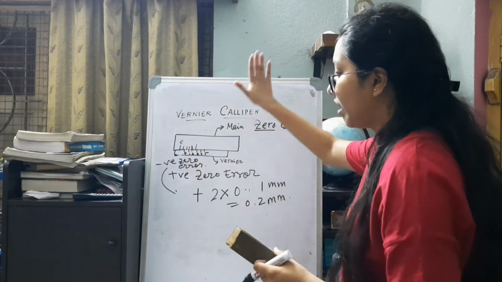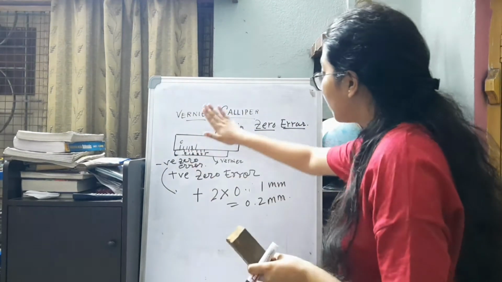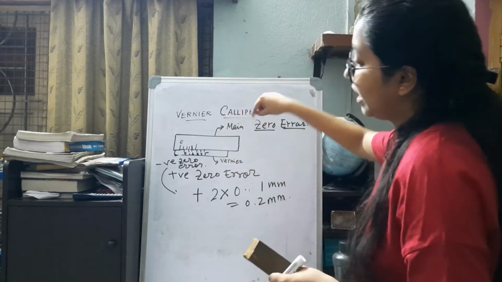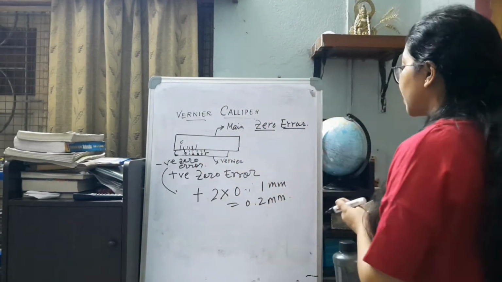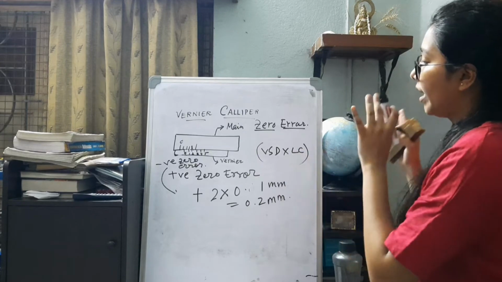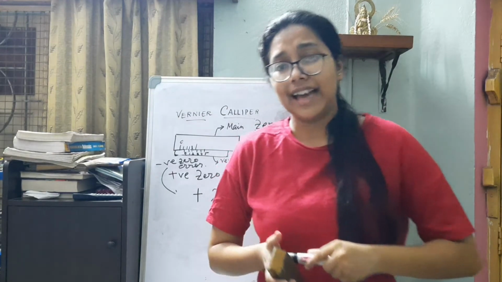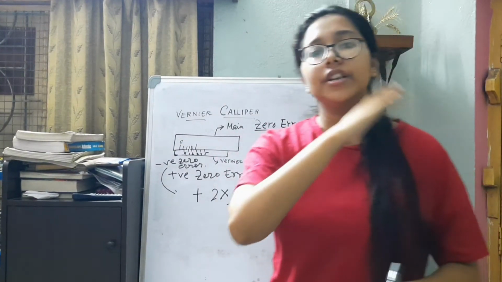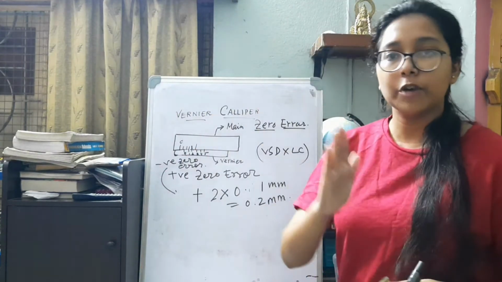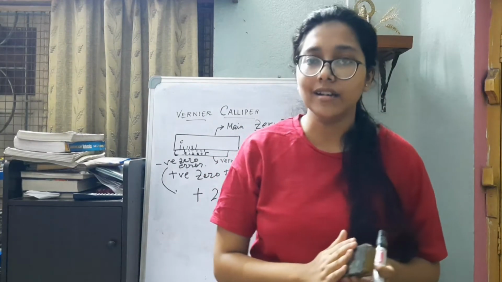So totally, we have to understand whether it is negative or positive and accordingly put the sign, and then we have to judge which vernier scale division is coinciding. That vernier scale division VSD into least count. So this is the basic way in which we go for the important calculations of the vernier scale or the vernier caliper. It is very easy, very much formula based. You have to look at the instrument, judge it, and accordingly, just like any normal measurement of length, perform it, always keeping in mind that the least count of a vernier caliper is 0.1 millimeter.